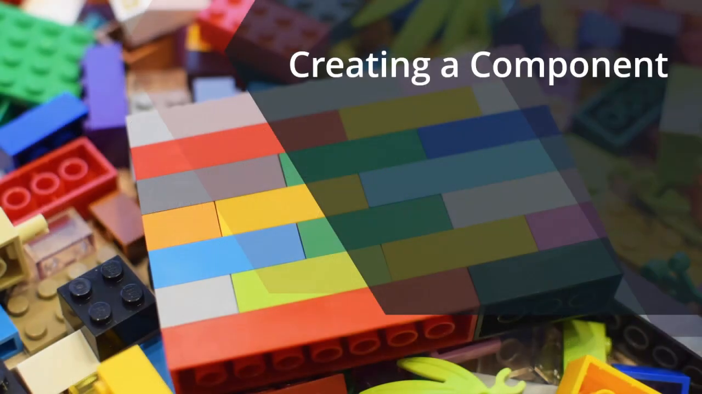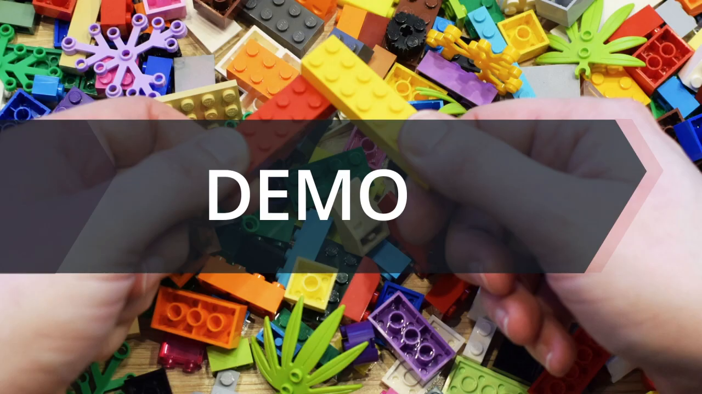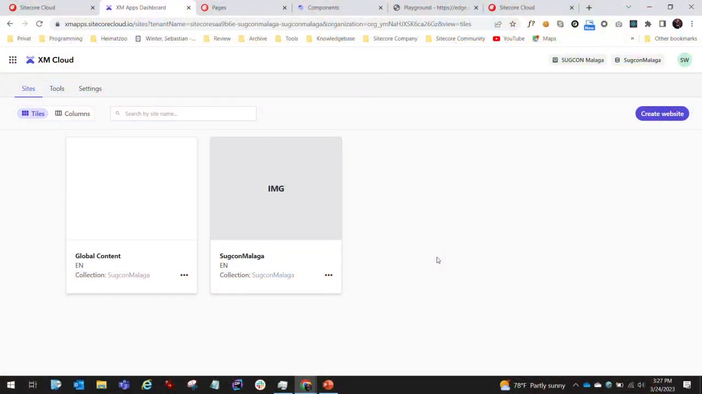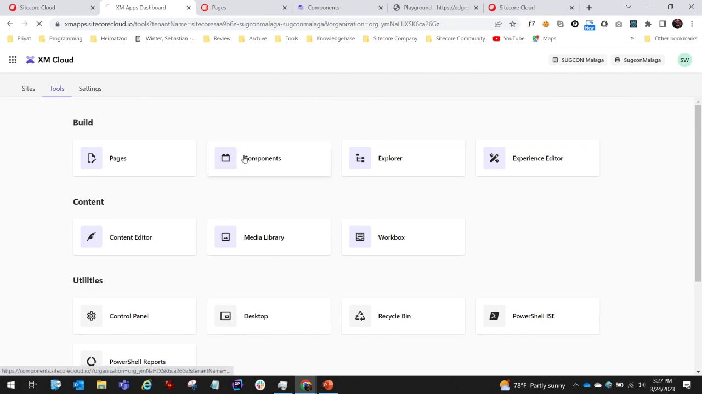Great, so enough of slides. Let's actually do the demo. Great. So I'm in Sitecore Cloud. And I have a site here, that's the SUGCON Malaga site. It's based on the Foundation starter kit, so it's a skate park site. And if I switch to Tools and open Components,